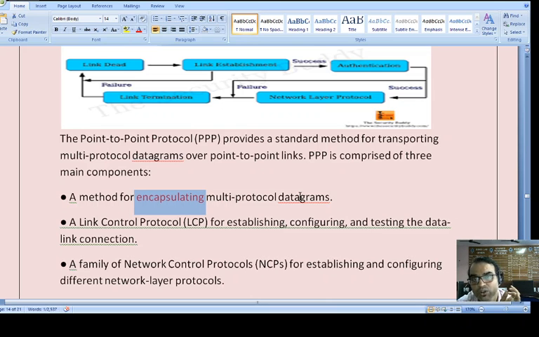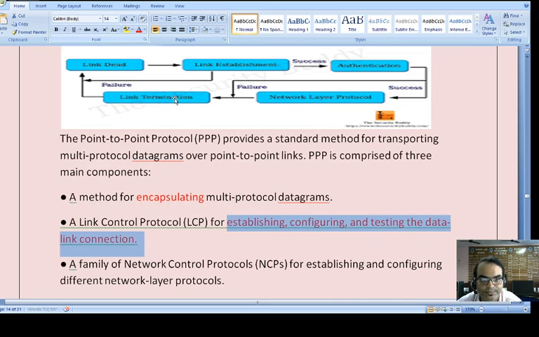We swallow the plastic cover, which is digested. So that mixture of compound is protected by the capsule, and this is what encapsulation is all about. Okay. Link control protocol is for establishing, configuring, and testing the data link connection.